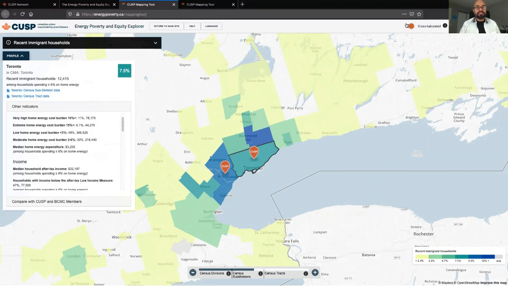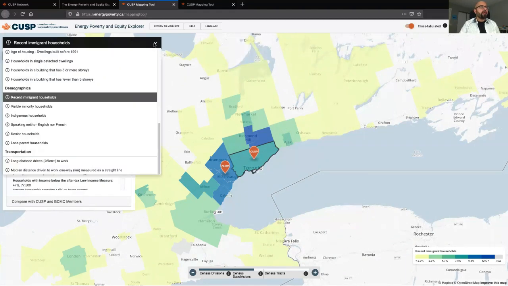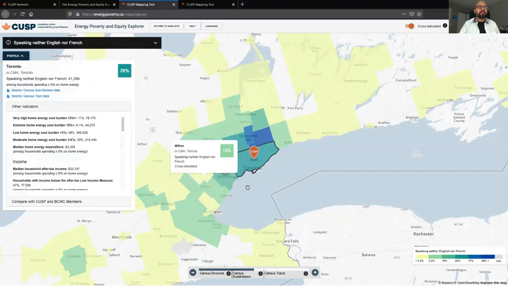Now, if you're a utility that services this area, what is your strategy for reaching these households? Who are your channel partners? What of households that speak neither English nor French predominantly at home? There are close to 50,000 households in Toronto that speak neither English nor French. If your energy efficiency or energy assistance programming language is going out in English and or French, what is your strategy for reaching these households? These are the kind of questions you might be asking yourself as you work and interact with this data.